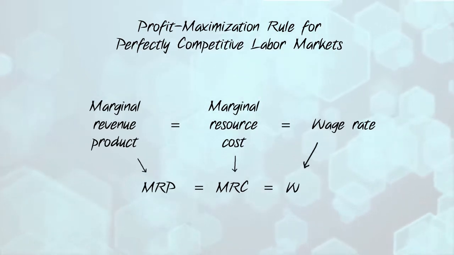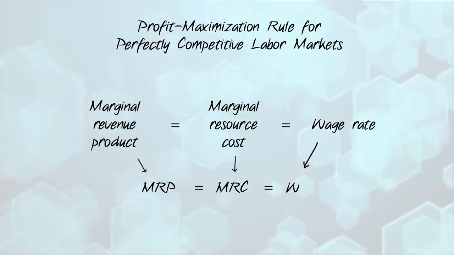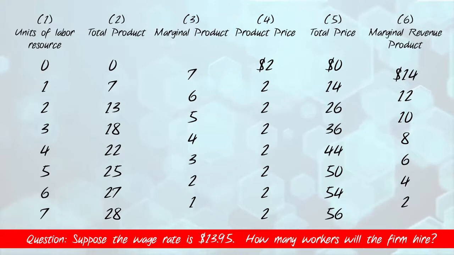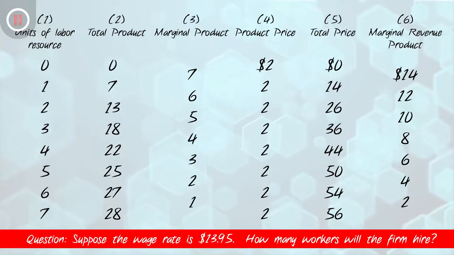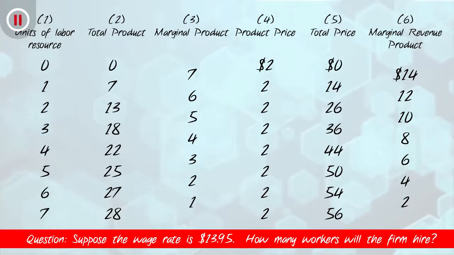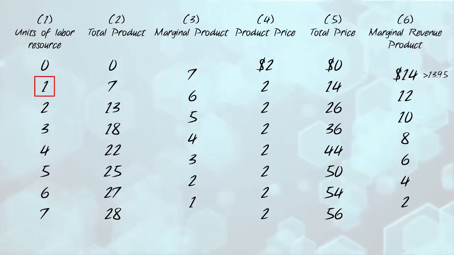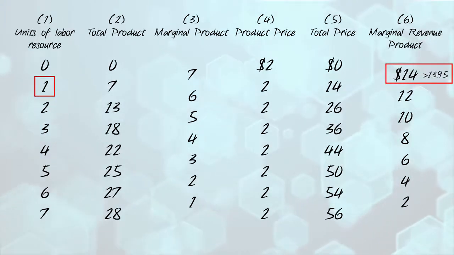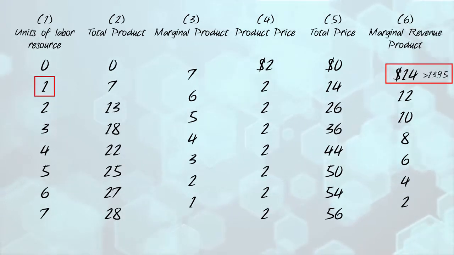To illustrate this MRP equals MRC equals W rule, let's return to our previous table. Suppose now that the wage rate in this market is $13.95. How many workers will the firm hire? That's right, the firm will only hire one worker. This is because the first worker adds $14 to total revenue and slightly less, $13.95, to total cost. In other words, the MRP exceeds the MRC for the first worker,